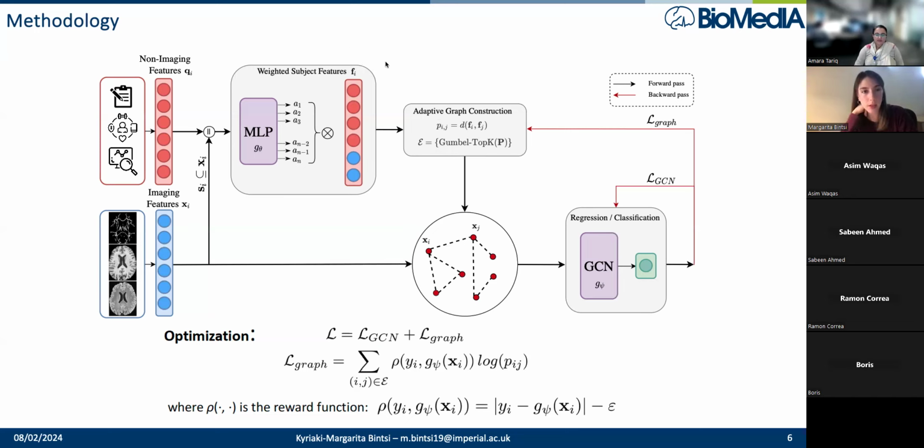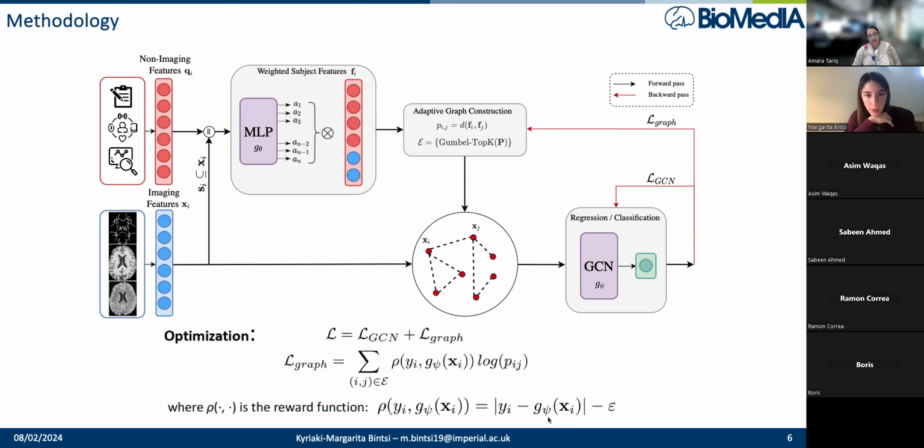We use this KNN to extract edges, and then we use this graph structure as input to the GCN. But because this is sparse, in every iteration we have different edges. We don't have the same edges, so we cannot directly assign scores for every edge. What we do is use this graph loss that compares the prediction and the label,